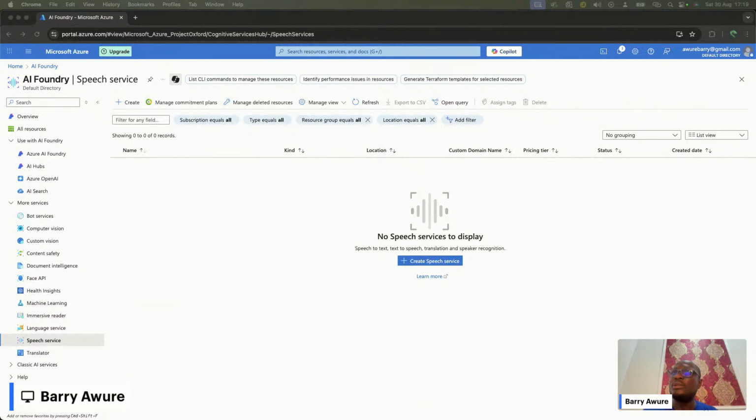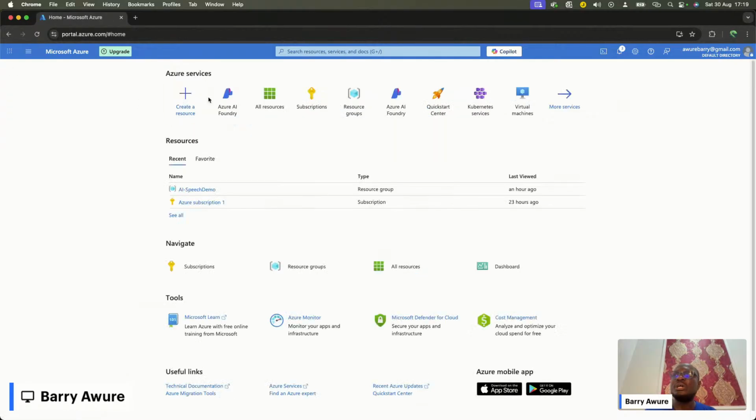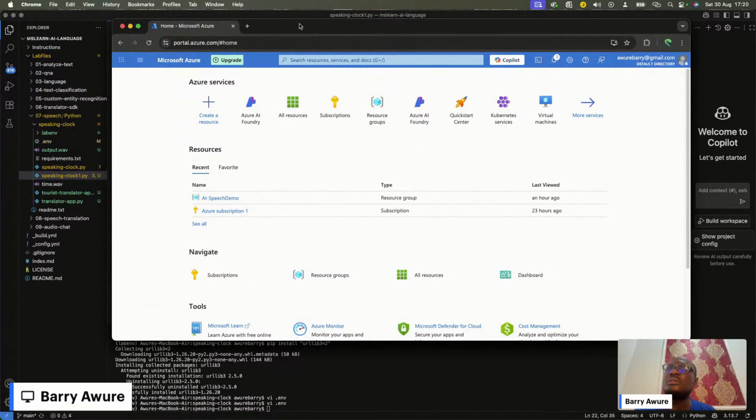If you need the link, it can be shared with you so that you can follow along. First things first, before you can enjoy what Azure has made possible, you need to have an Azure subscription. It is my own subscription that I'm going to use for this demo so that you can see how easy it is. And then I also have my application. I want to believe you can still see my screen. Good.